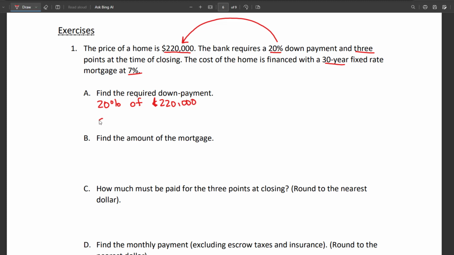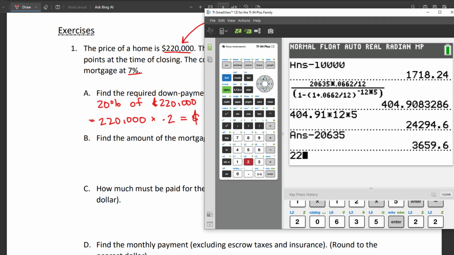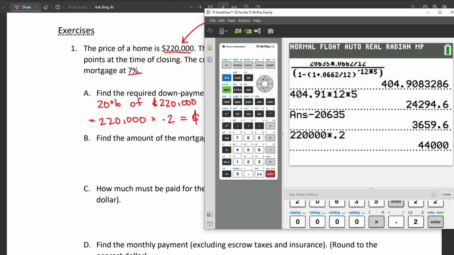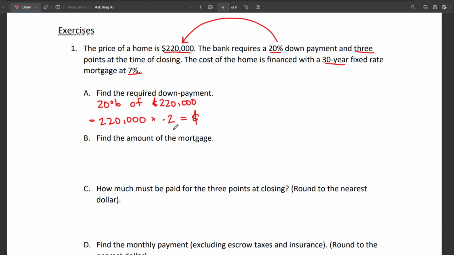We take 220,000 and multiply it by 0.2 because that's 20%. So 220,000 times 0.2 is 44,000. That means in order to get this loan, we have to put up $44,000